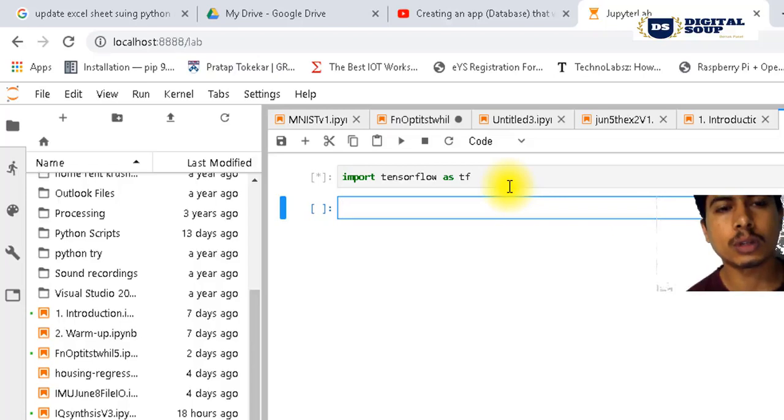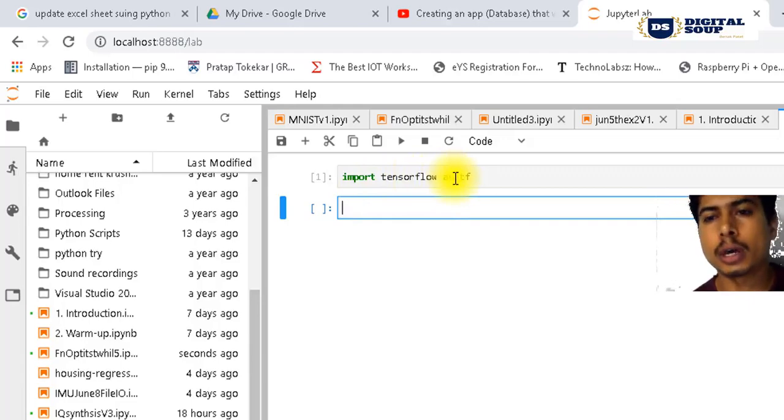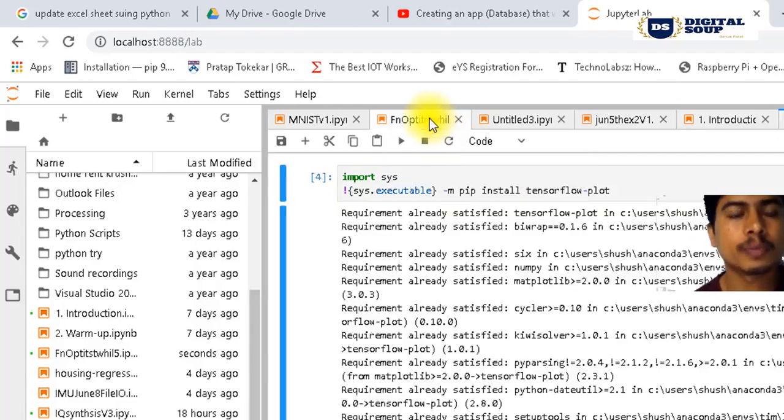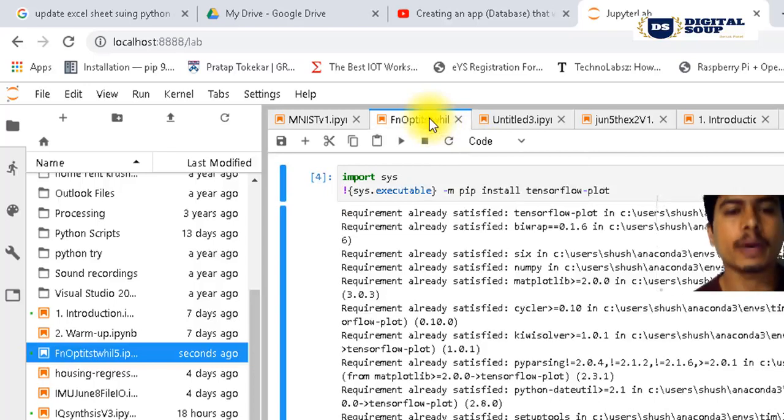In other words, TensorFlow is successfully installed in our system. Right now the execution has stopped, and we are not getting any sort of error message. This means we are good to go, that is, TensorFlow has been successfully installed. And right now, let me open up this file where, as you can see,